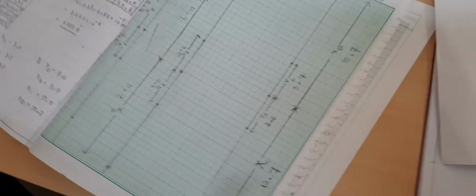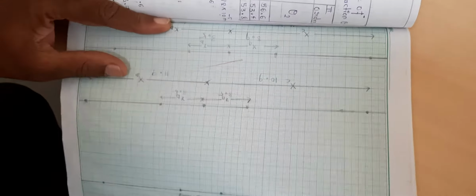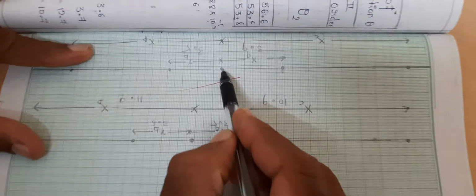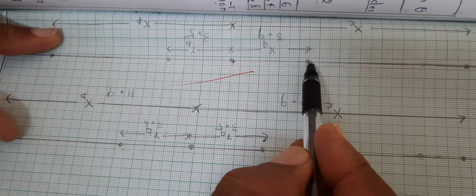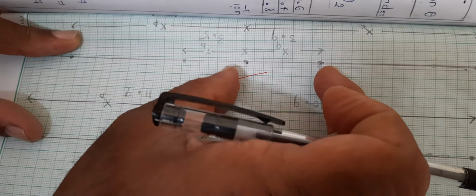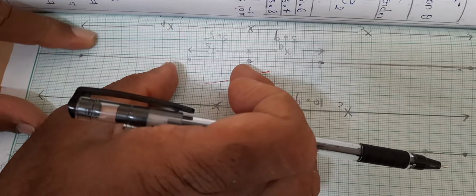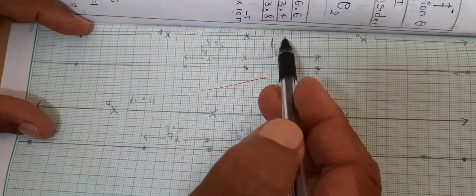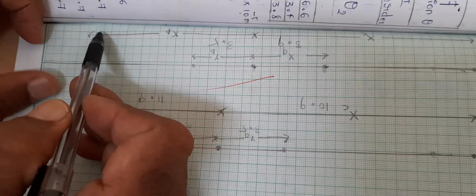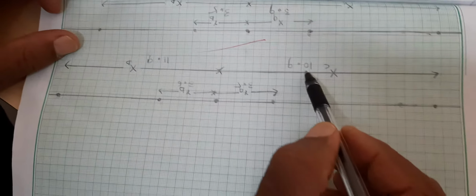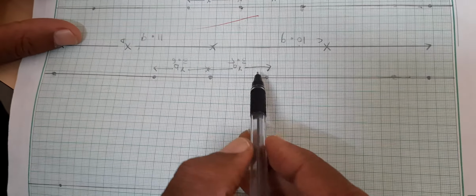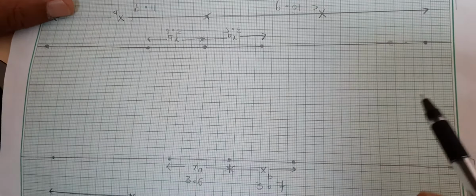Now this is the graph. You can see how it has been plotted. This is the center, this is the first order, and this is the second order. The first order distance is taken like this, and the second order this much. Similarly for the second order there is a distance, and on the other side also. These distances can be measured: 10.9 and 10.9 for second order, and 3.5 and 3.5 for first order.